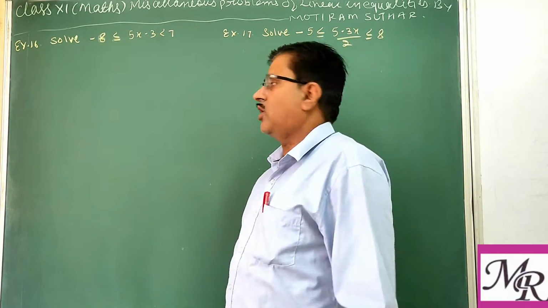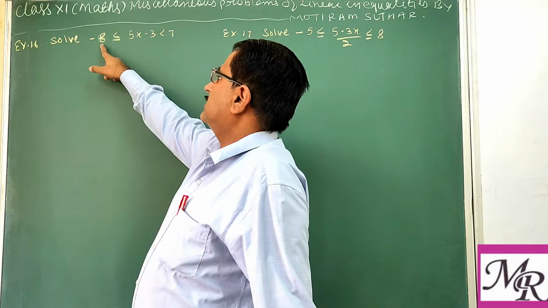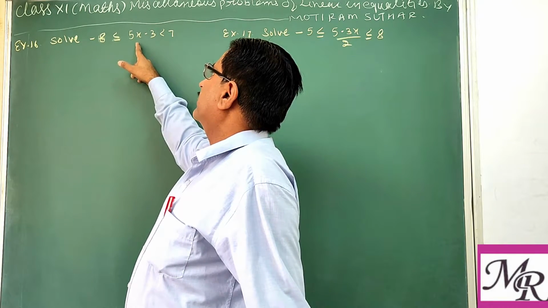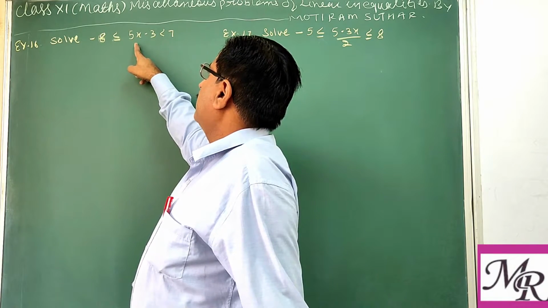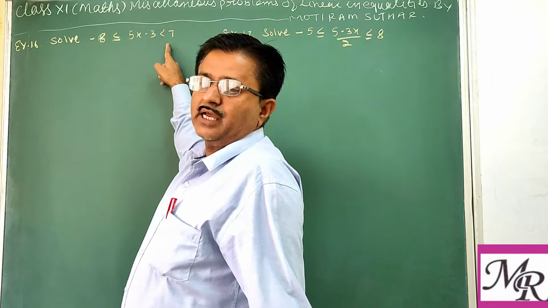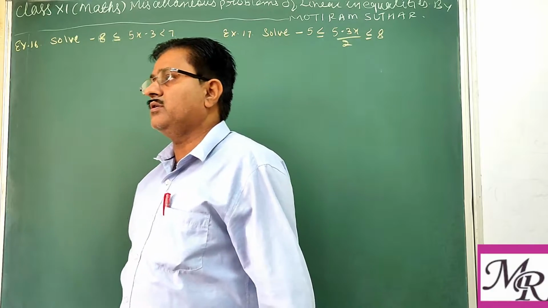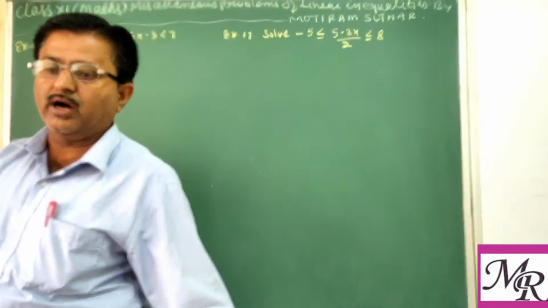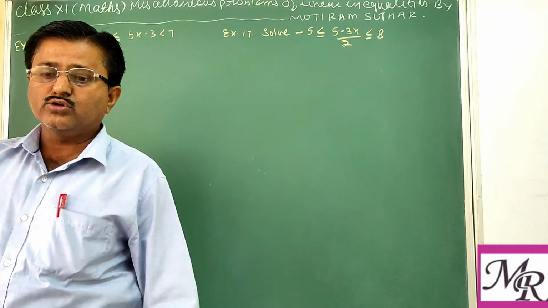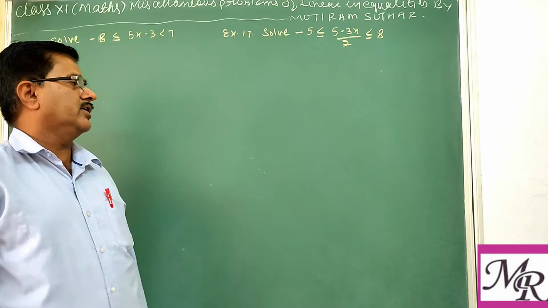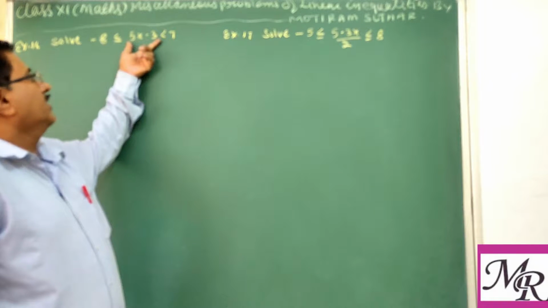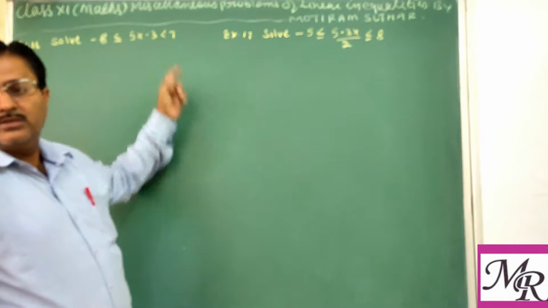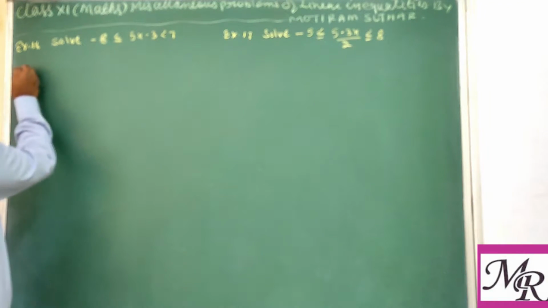First, -8 is less than or equal to 5x minus 3; this is the first inequality. And second, 5x minus 3 is less than 7. Whenever you solve a double inequality, you always keep the variable in between the given signs. Clear? So in the solution,